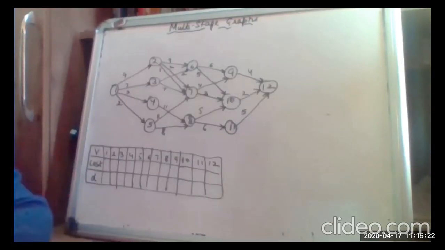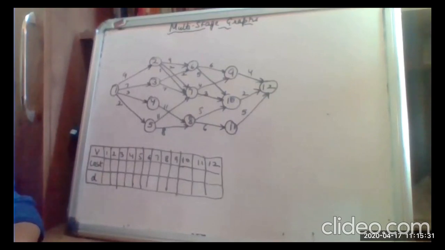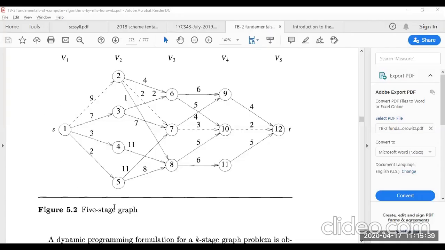In today's class, we are going to talk about multi-stage graphs, a very easy topic. As you can see, there is a graph that is given to you. It's the same graph that's there in your textbook. So we are going to actually solve this particular graph first, and then move on to another one also as an example. So starting from the source to the T.